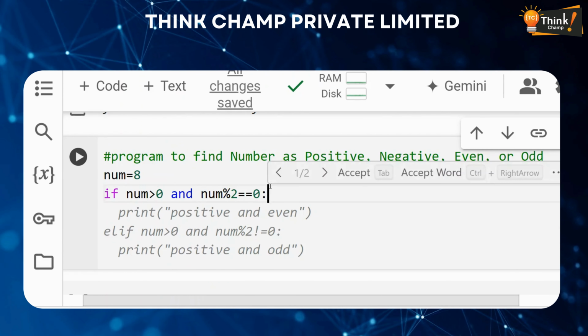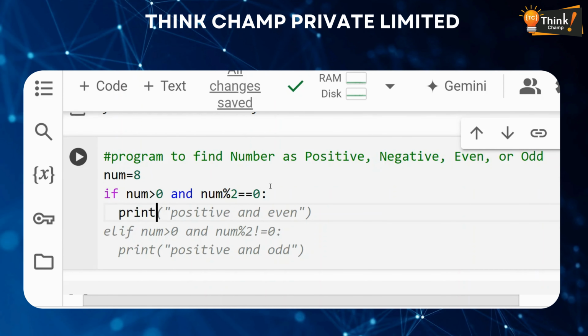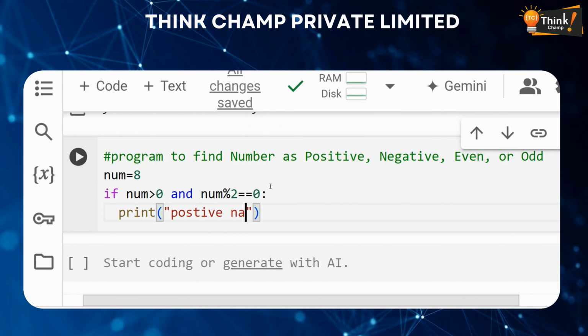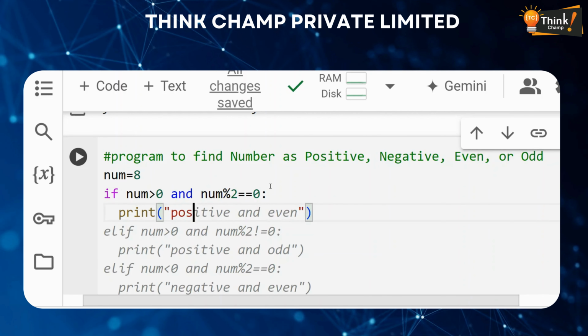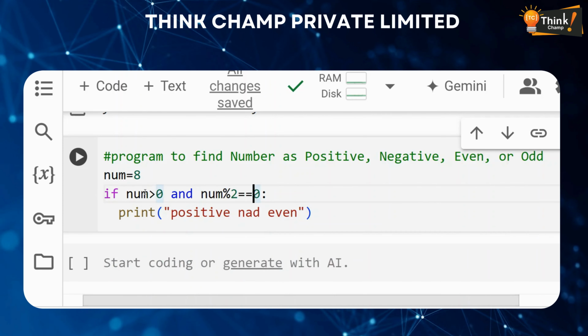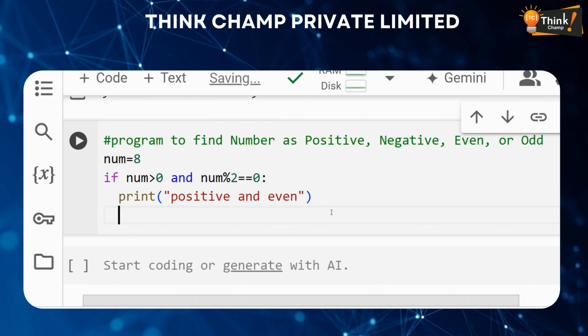we can say that print of it is a positive and even number. And if it is greater than 0 and it is not divisible with a 2, we can say it is not positive, negative and even. So if